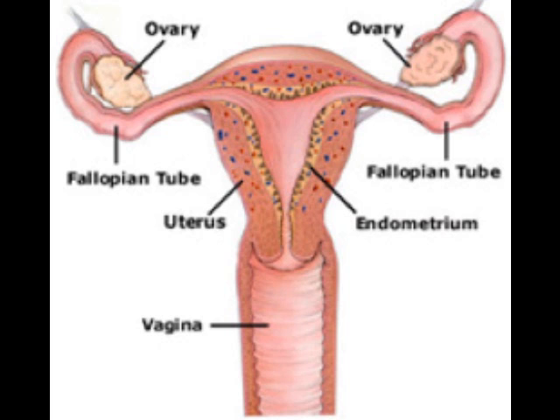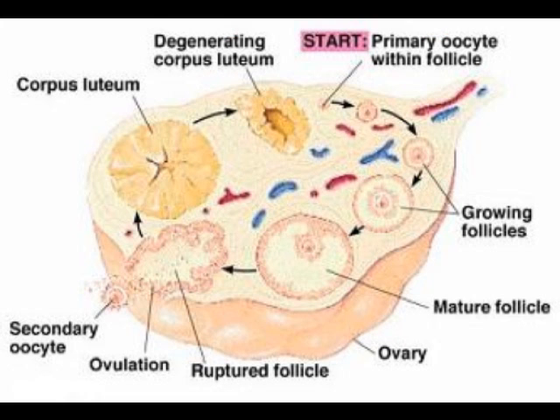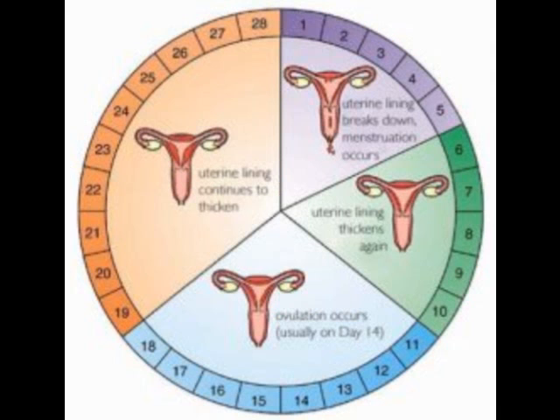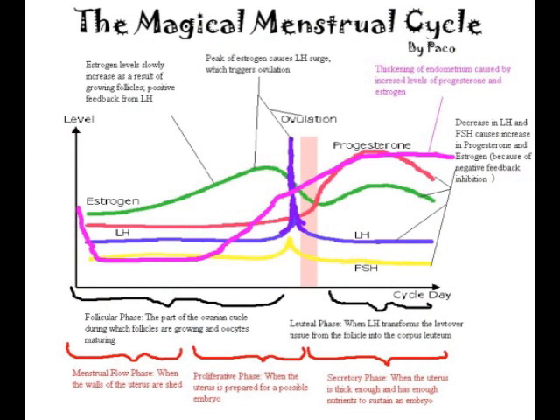If an embryo has not been formed, then the corpus luteum disintegrates, and the nutrients are reabsorbed back into the body. Late in the luteal phase, on days 26 through day 28, the uterine lining detaches, which signals the end of one cycle and the beginning of a new cycle. This process is repeated continuously from when a woman reaches puberty, usually around age 12, until menopause, which is usually